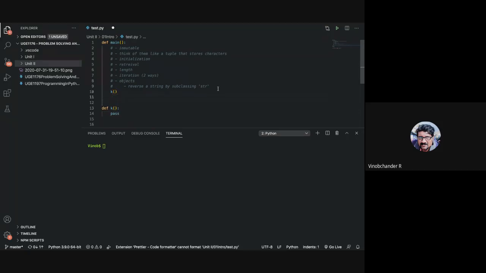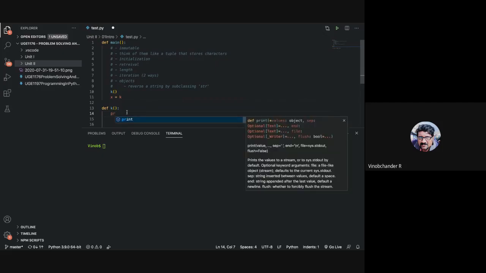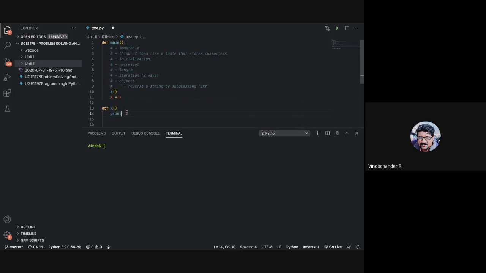With respect to the first point, you can have a variable x and call k. It is essentially like you are assigning the function definition to the variable. Within this function you can have any functionality; this is just for illustration, so we just have a single print statement printing hello.